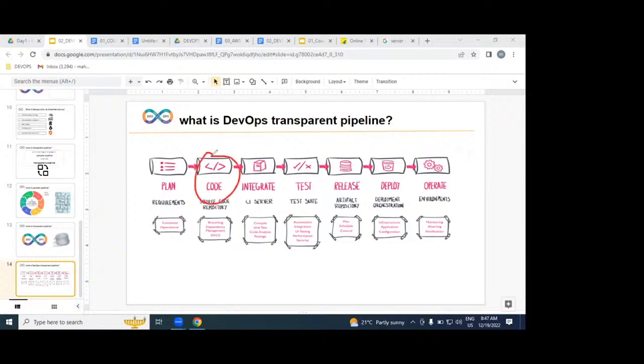In the dev environment, we are not writing any code. Writing is the responsibility of whom? Developers. The lines of code are the responsibility of whom? Developers.